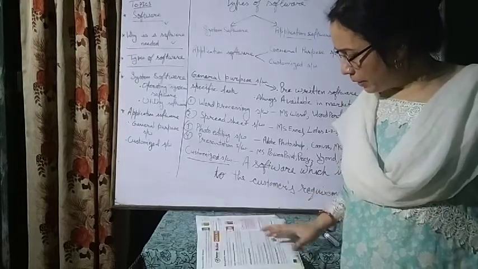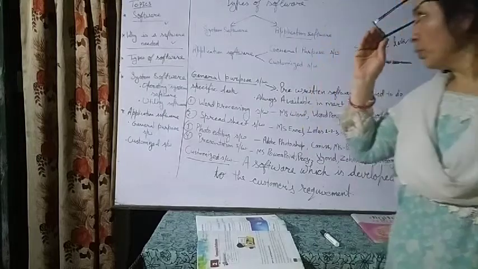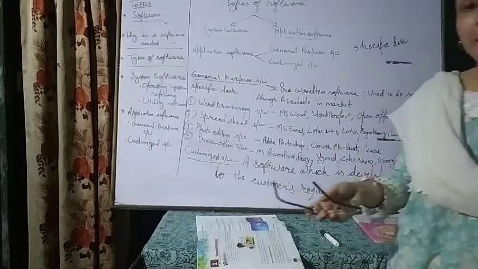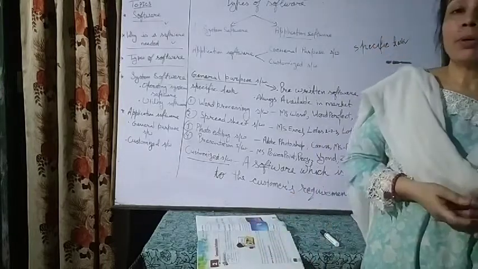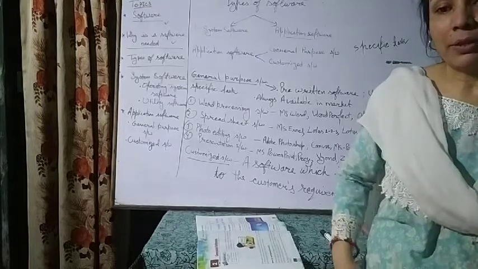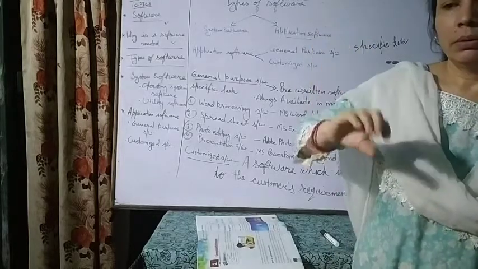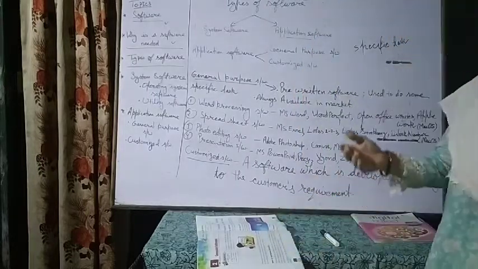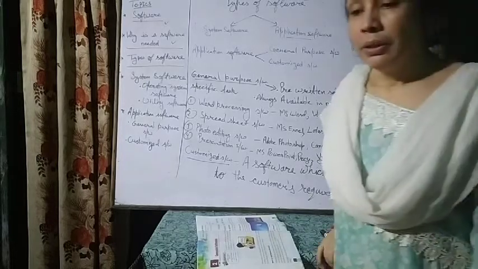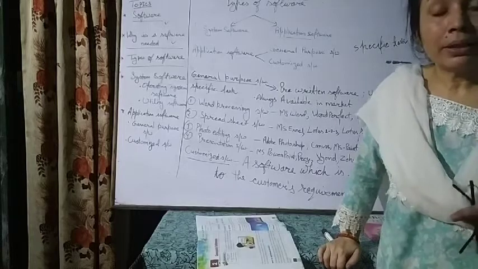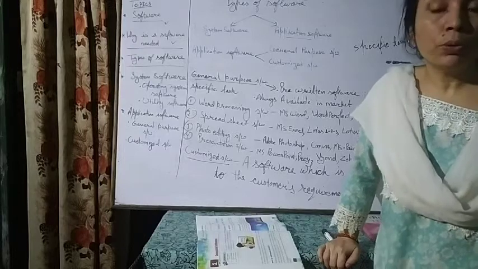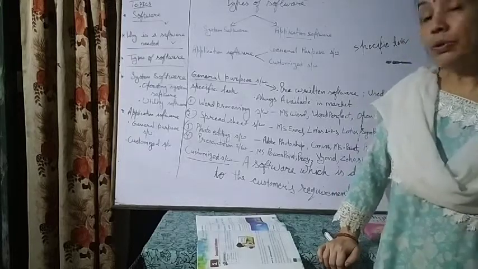So this is the chapter, children, we completed today in this video. We started from the topic software. What is software? Software, I told you, is a collection of programs, and each program is a set of instructions. So a collection of programs makes software, and software is developed to do some specific task on the computer. I told you software is a must, because hardware alone cannot do anything. Without software, hardware is absolutely useless.